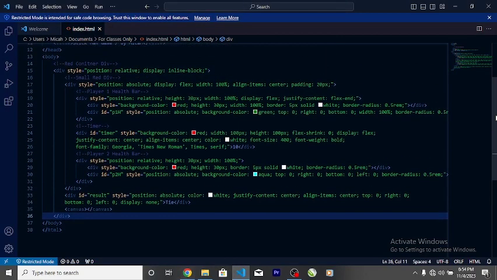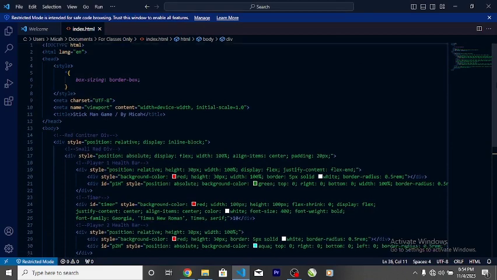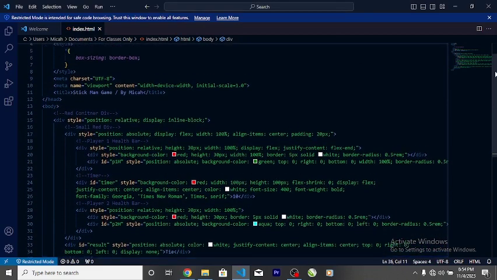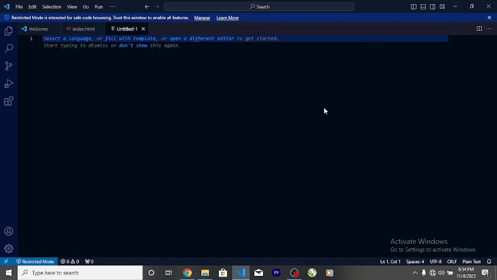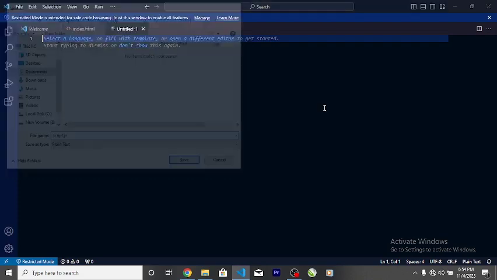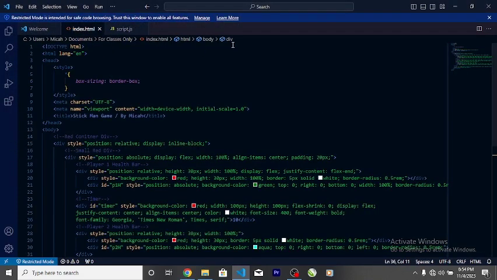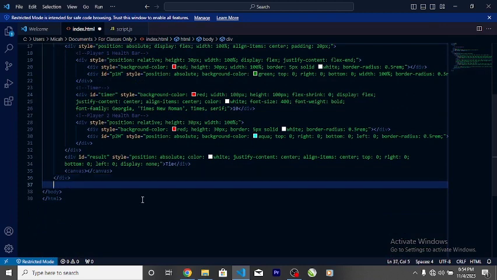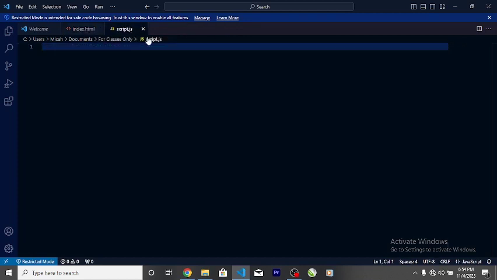So this is what we did last time in part 1 of the video. We're just going to open a new file and save that as script.js. Then we move back to our HTML file, scroll down to the bottom and add a script source. That's going to be script.js, and we're going to save, and then go to our JavaScript file and say